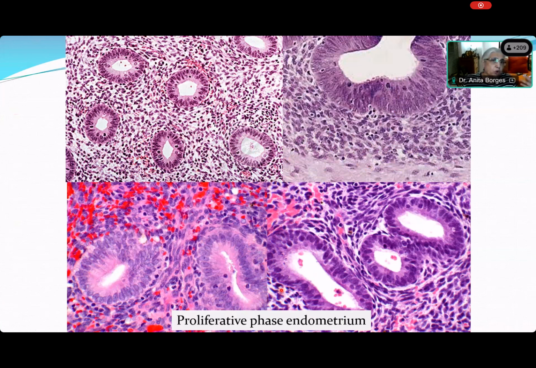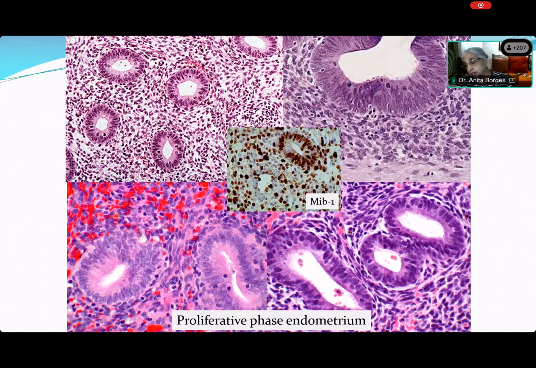And let nobody tell you it is because the glands are round and gland in gland. I hear all sorts of things. Look at the stroma. The stroma also, if you bother to look for it, is mitotically active. So it's not just the glands that are mitotically active, it is also the stroma. And let me tell you, Simi, that you said that there are multiple layers. There are no multiple layers. It seems as if there are multiple layers because the nuclei are at different parts of the cell. So there is a single layer of columnar cells with pseudostratification of the nuclei.